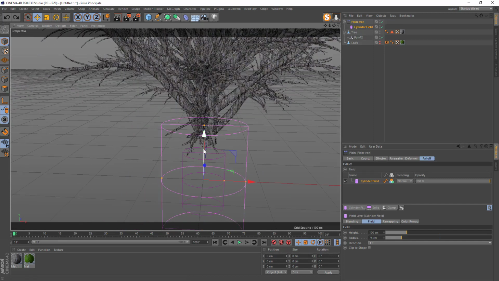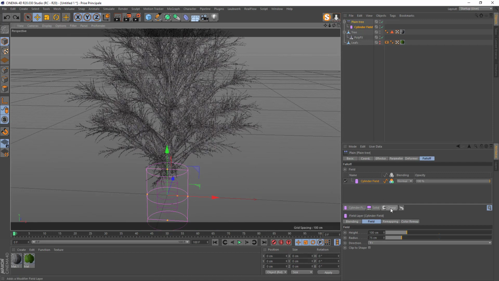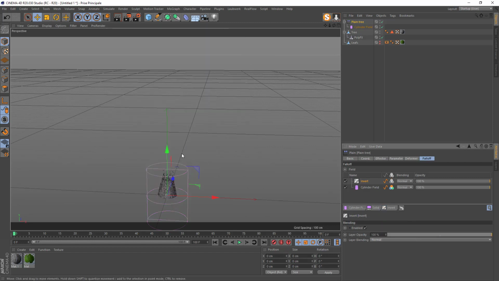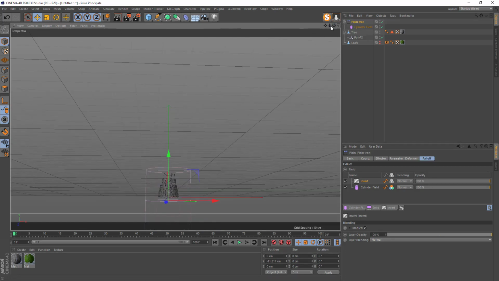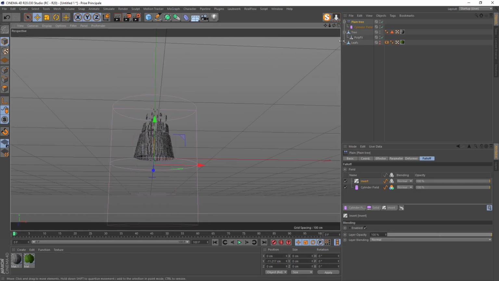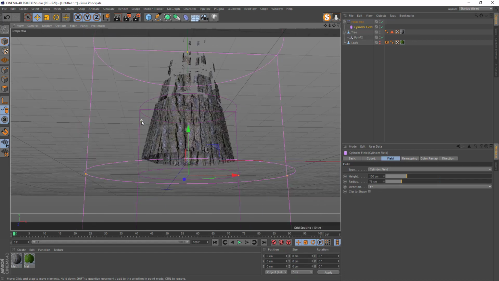We want the opposite. We want it showing inside the cylinder, but hiding outside. So I will just click here on clamp, hold the click, and choose inverse. So now you see with the inverse, we can put the cylinder down like that, but just to see the diameter, the radius. Yeah, it looks good, but we can click on cylinder here, and here you can play with the radius. Maybe I will decrease it, because there is this radius, but inside there is this other radius.